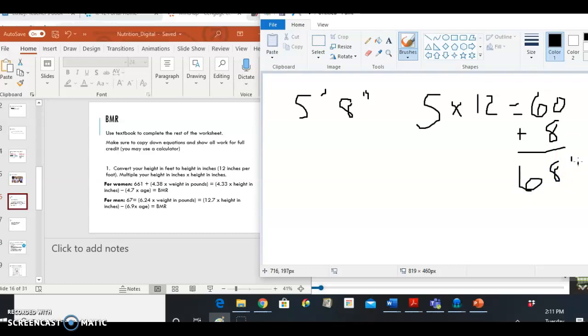So let's just go ahead and do a female, I guess. It's 5'8". The first thing we're going to want to do is, so you've got 661 plus 4.38 times weight in pounds. So let's just say they weigh 150. Okay, and then